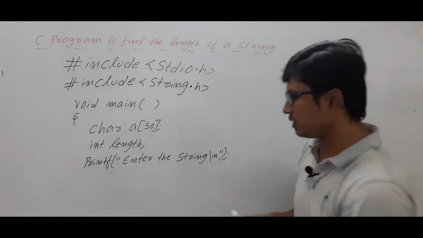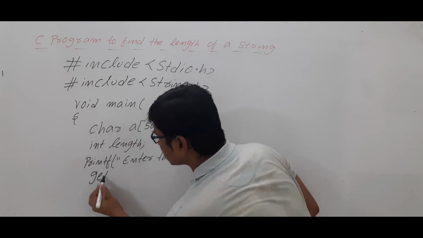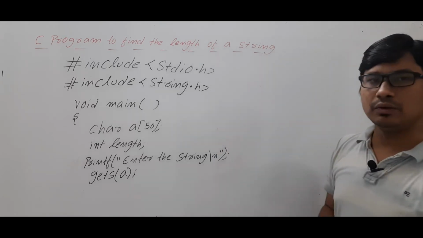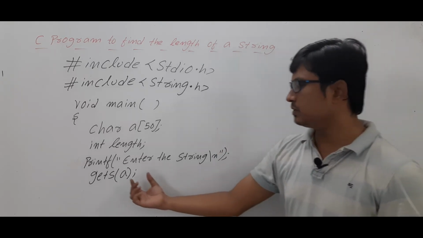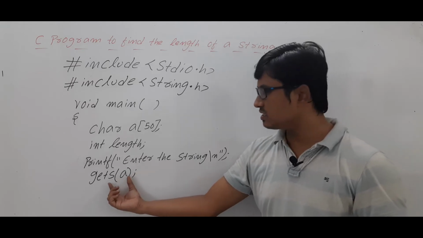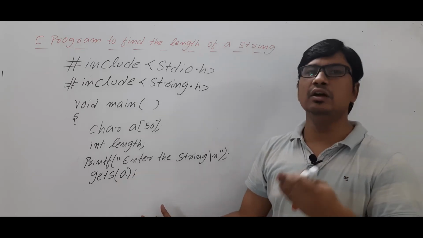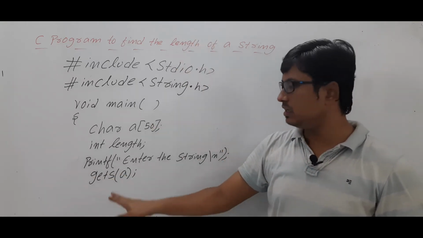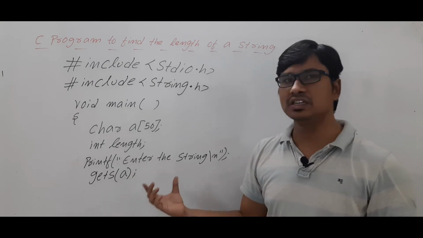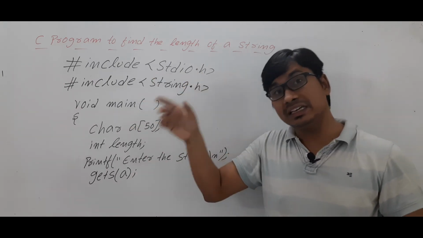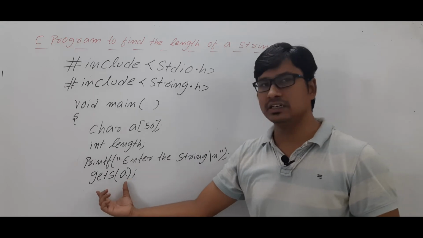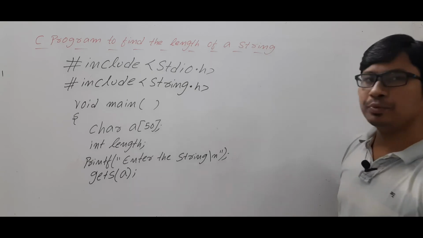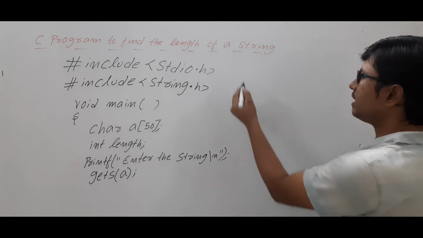To avoid that, people have started using the function called gets, and they give the parameter as the name of the array. So whatever string the user has entered, it will be stored in the array called A. For this gets function, the \n will act as a terminator. Once you enter the string and press enter, it will act as a terminator. So whatever string you enter before pressing enter will be considered as input. Now I need to compute the length of the string which is in the array A.